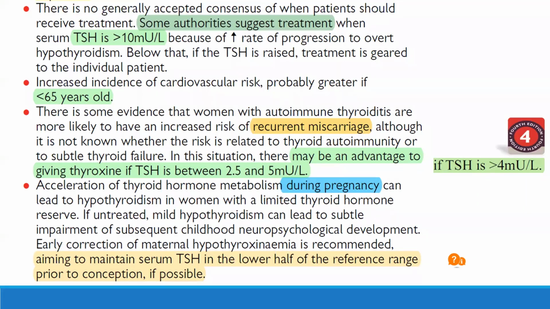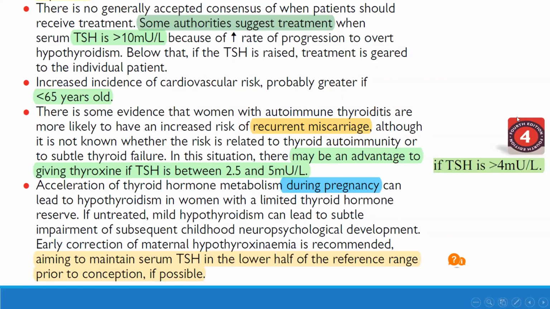For the young, treatment is different. If TSH is more than 10, we should treat. If TSH is less than 10 and there are symptoms, we should give a trial of treatment. But actually, if pregnant or lactating, or another autoimmune disorder, or anti-TPO was positive, in this situation we can treat. If a patient presented with recurrent miscarriage, we should bring TSH to less than 2.5.